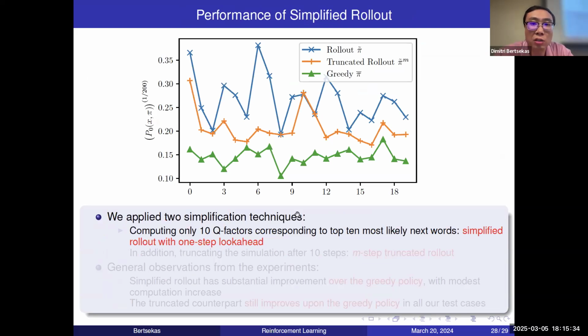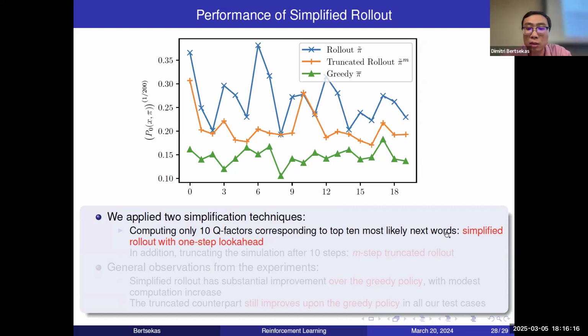Okay, so here is the performance of simplified rollout. We applied two simplification techniques. The first one is computing only 10 Q-factors corresponding to the top 10 most likely next words. So it's simplified rollout with one-step lookahead. Here I have a question. When we apply simplified rollout without truncation, and we only consider 10 Q-factors corresponding to the top 10 most likely